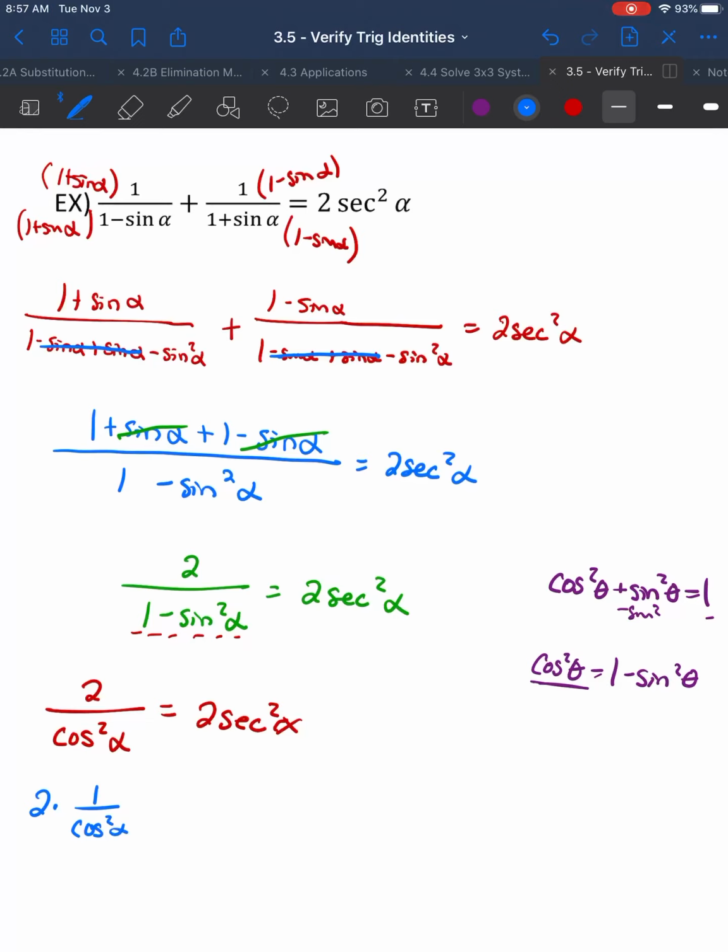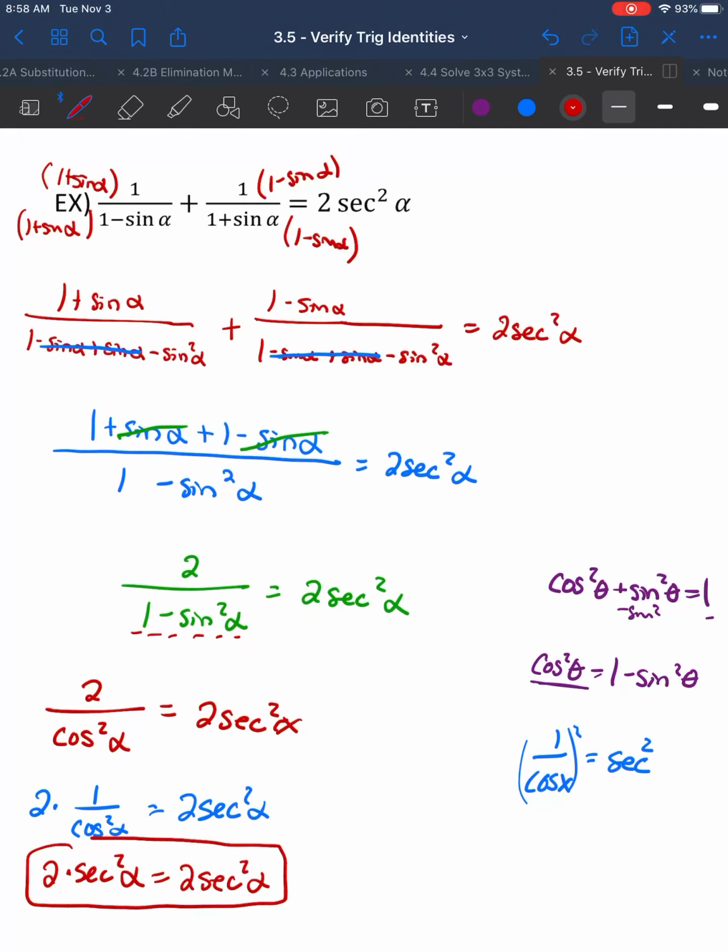Now I see 2 times 1 over cosine squared. 1 over cosine is equal to secant. So if I square both of those pieces, I would get 1 over cosine squared is equal to secant squared. So I now know that I have 2 times secant squared alpha, which is equal to 2 secant squared alpha. Okay, take a look at the